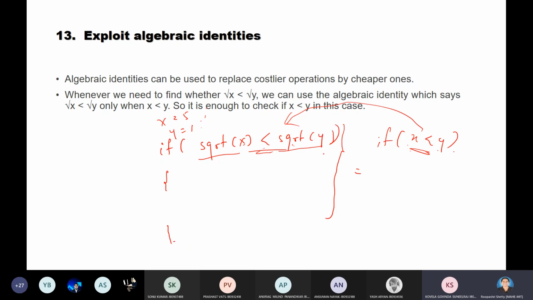and their complex representations can be written by their cheaper ones, then better you go with this. Okay, instead of writing square root of x less than square root of y, you can simply write if x less than y. Okay, so square root of x involves more computation and in fact it takes more time, but x less than y will take lesser time compared to square root of x less than square root of y